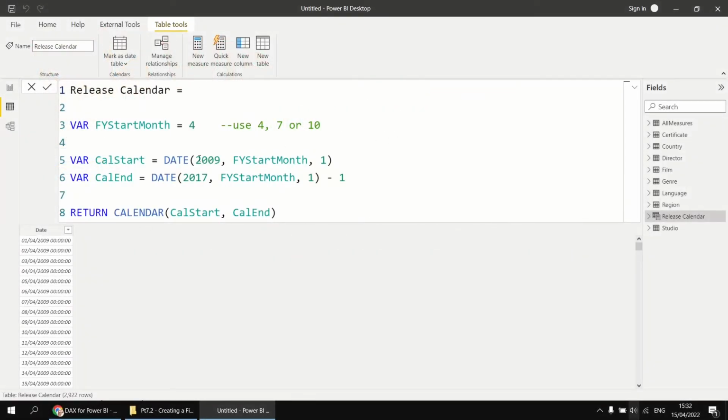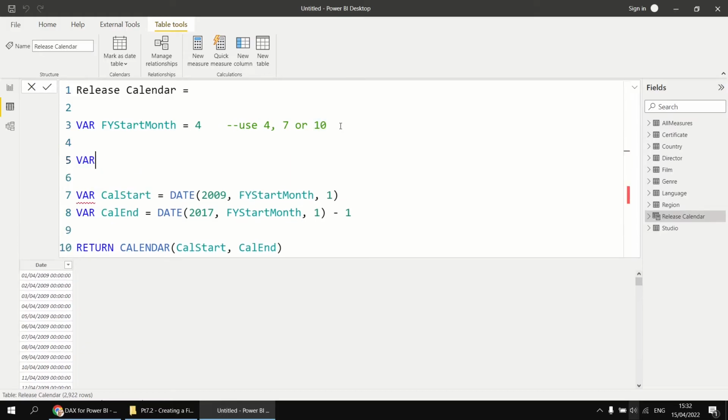Next, I'd like to calculate the start year and the end year based on the dates held in the release date field of the film table. This is a little more complicated, but let's give it a try. Let's have a new variable, which I'm going to use to hold the start year. So I'll say var start year, and I'm going to make this one equal to, first of all, the year